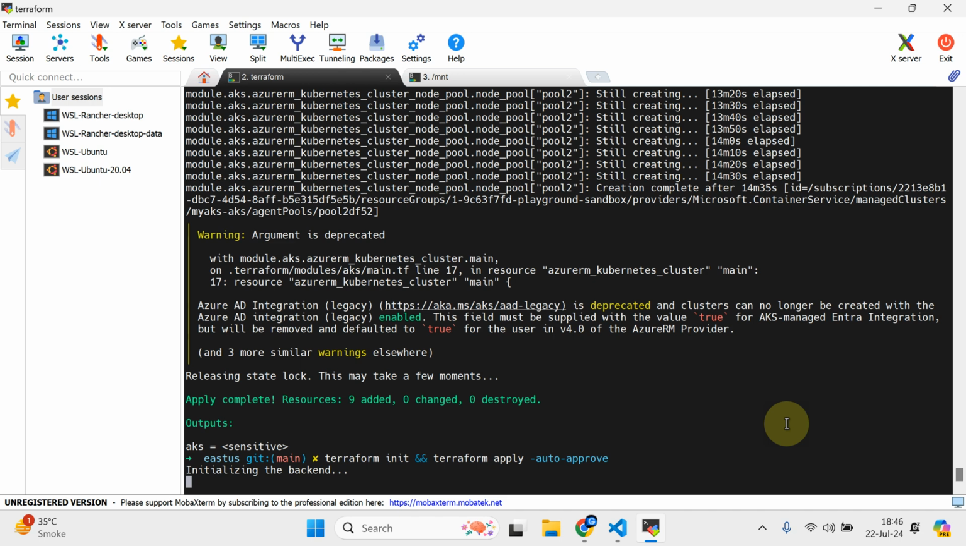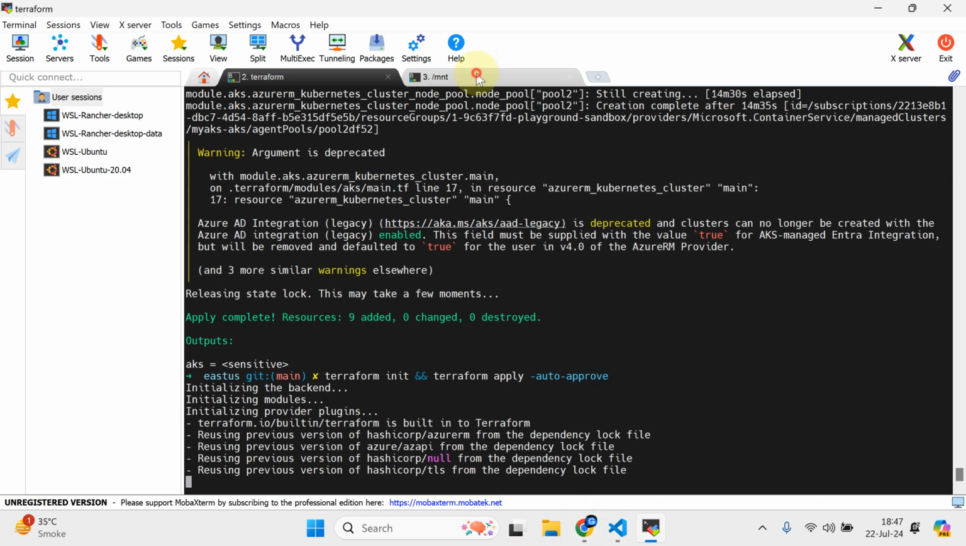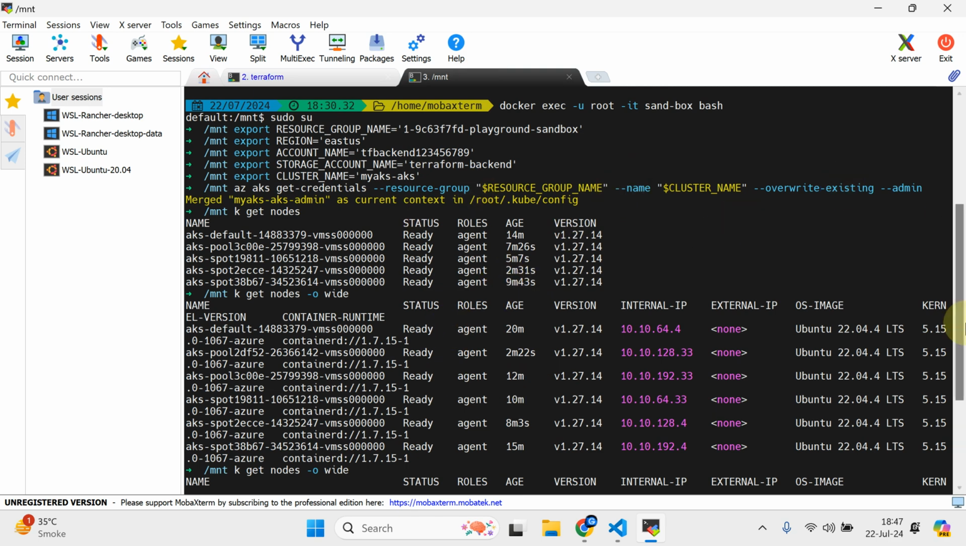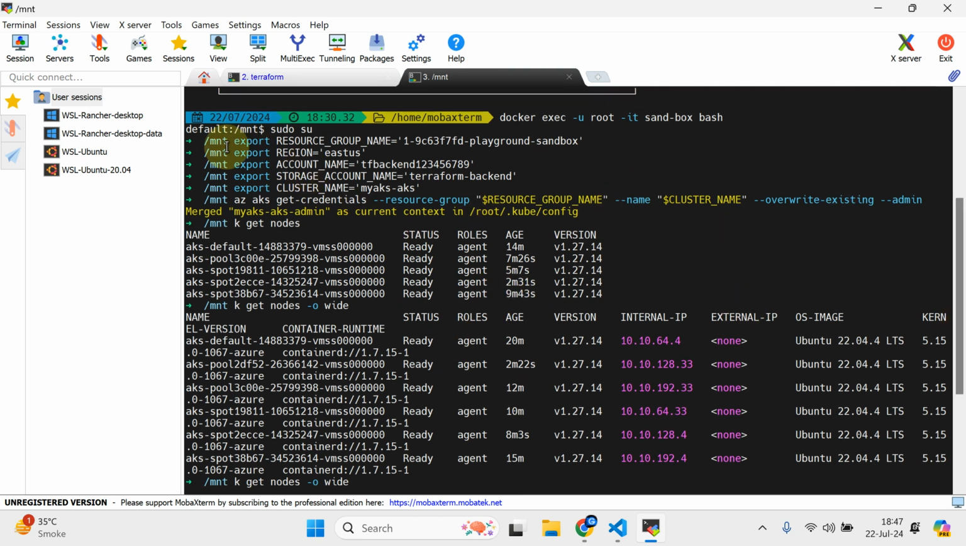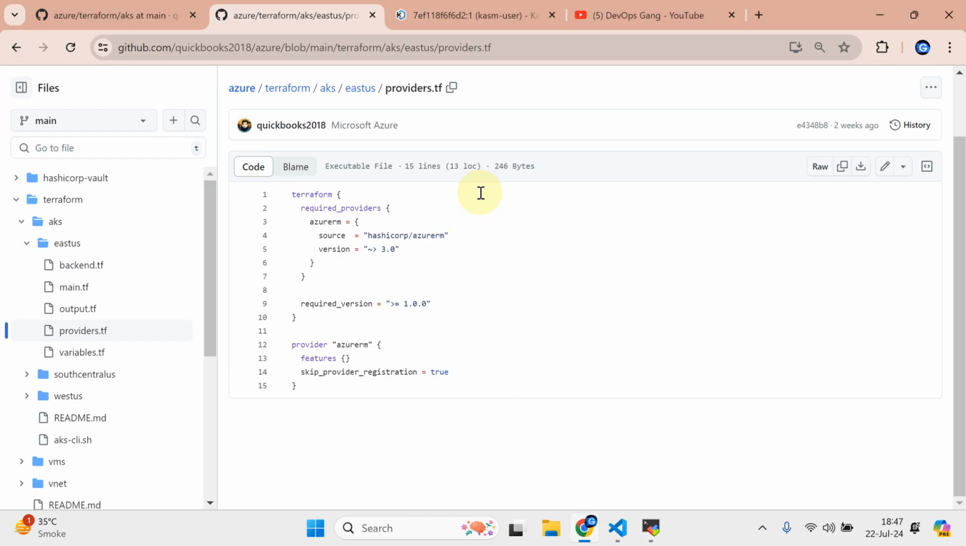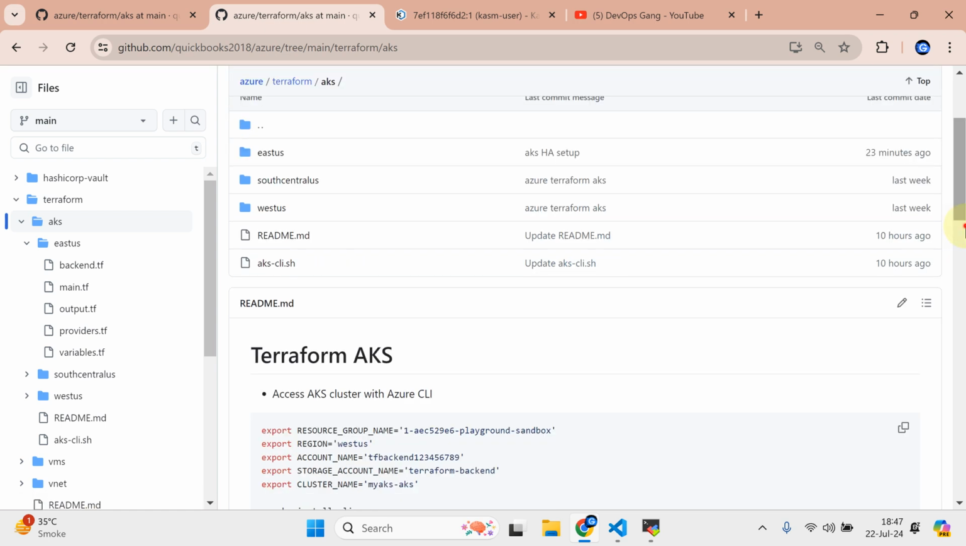So what it does, you see, it is initializing the backend, and then fetching from the remote backend, and nothing is going to be deployed because our state file is okay. So I'm going to show you the state. If I navigate to this section, you need to export these variables. In the README.md, if you navigate to this AKS section and scroll down,